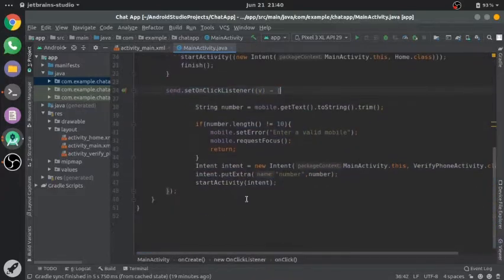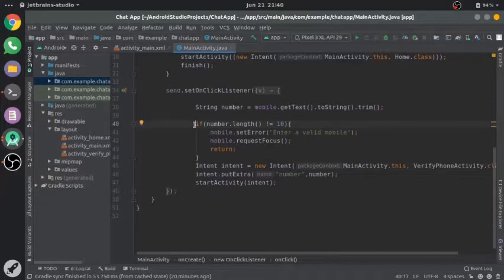Inside this function, I have created one string number which is equal to mobile.getText. It will extract the text from the edit text. .toString will convert this text into the string, and .trim will remove the spaces from the string. Now let's check if the number is correct or not.